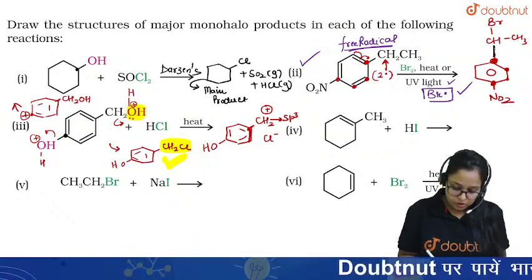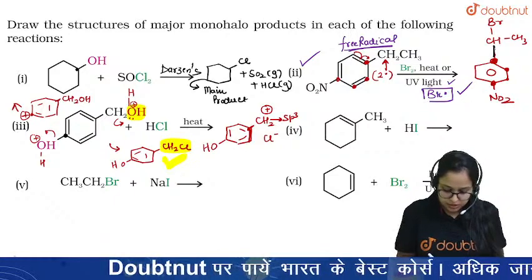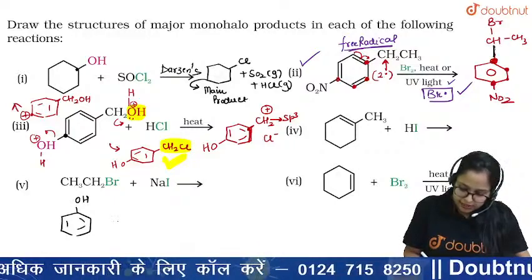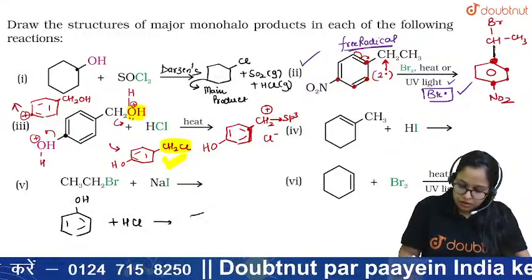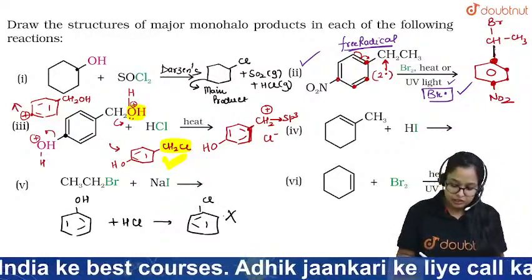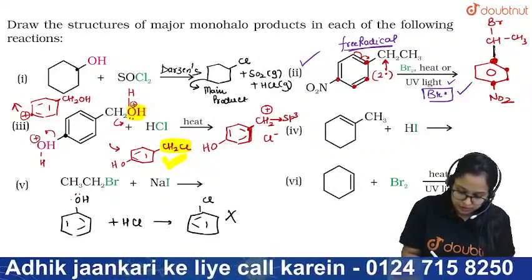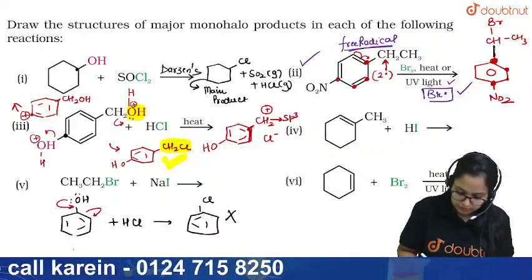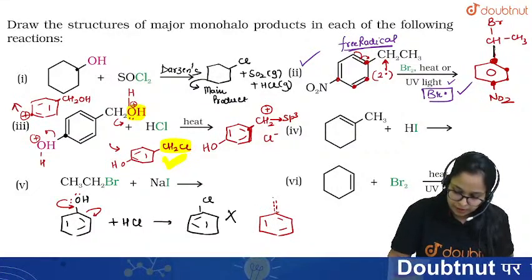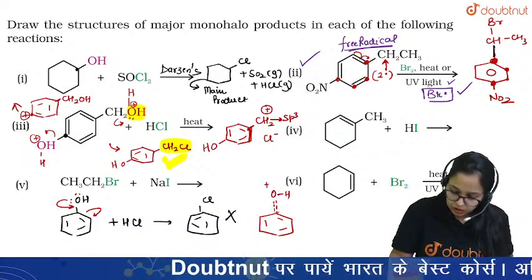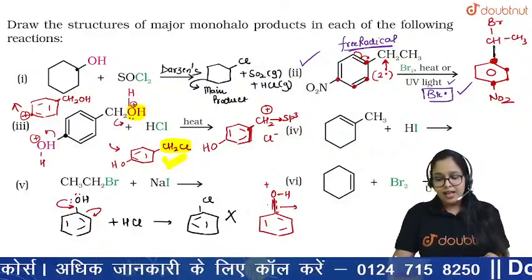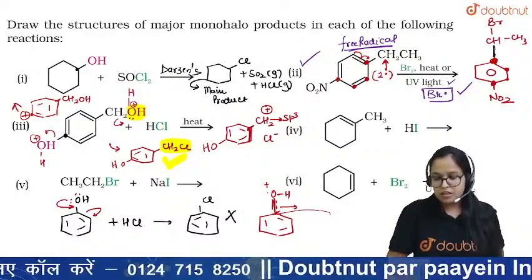Moreover, we can also explain the reaction in this way. Whenever you treat phenol with HCl, the reaction to form chlorobenzene is highly difficult. The reason being, oxygen has a lone pair, it is in resonance with the benzene ring, and it develops a partial polarity between carbon and oxygen. The partial double bond is a stronger bond in comparison to the single bond. Because of the partial double bond, the bond is stronger, and for Cl minus it is very difficult